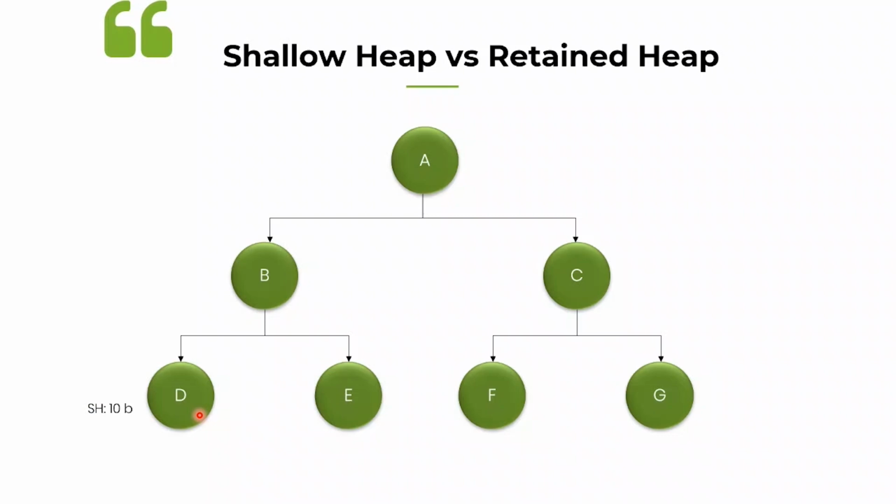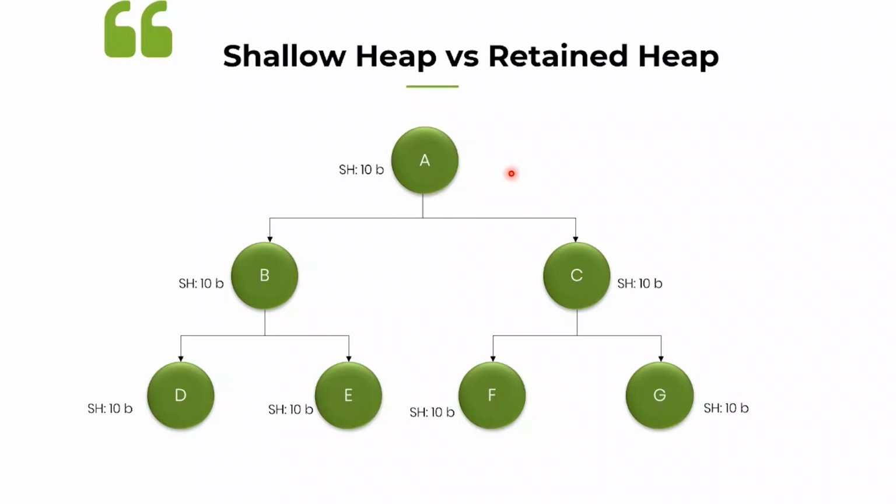For our discussion today, we will assume all objects in our memory occupy the same 10 bytes, so that it makes our computation easier. It's just for our conversation. But in the real world, the object size varies based on how many member variables it has and what data values it has. It keeps varying.